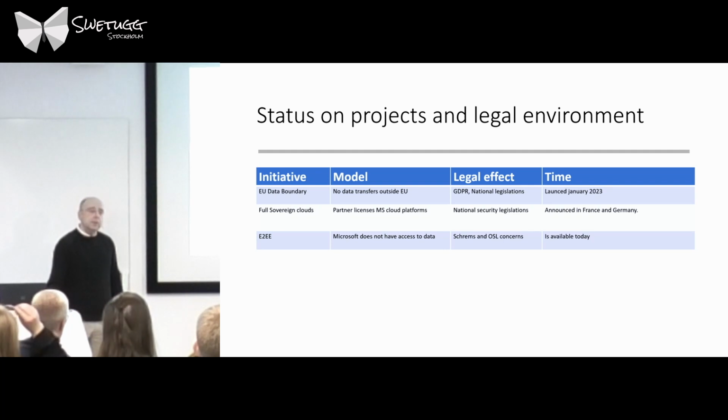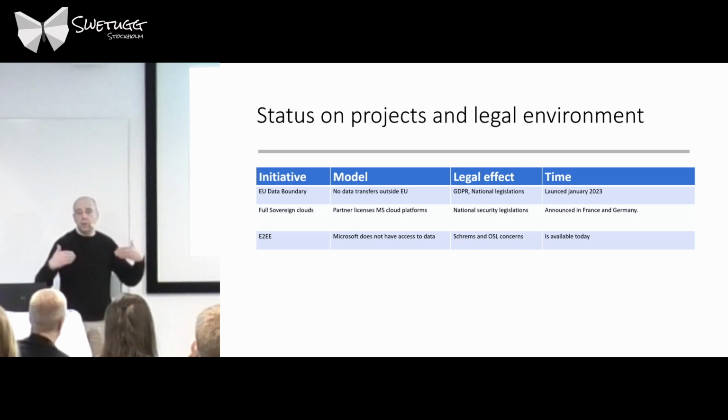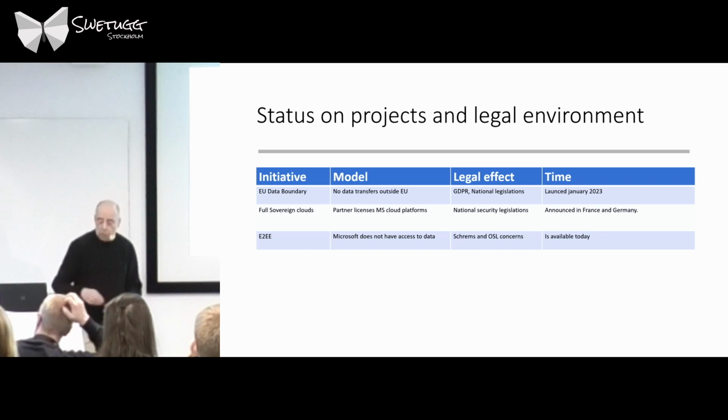Sometimes you have encryption that's interesting from a legal perspective. Encryption can protect from a lot of things, but if you want to protect data from the provider of the cloud service, not all encryption works like that, but end-to-end encryption obviously does. So, for instance, in Teams calls, you now have end-to-end encryption. That means that Microsoft cannot access the data between two Teams clients if you add that capability. It's not added by default, but you can use it. Because it protects data from Microsoft, it will affect Schrems and also Swedish secrecy concerns, which is part of the OSL